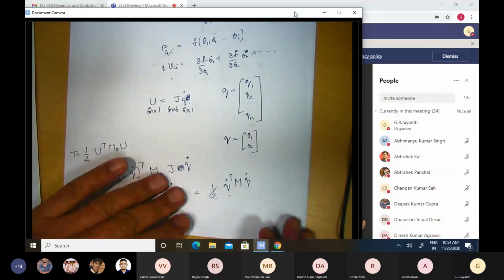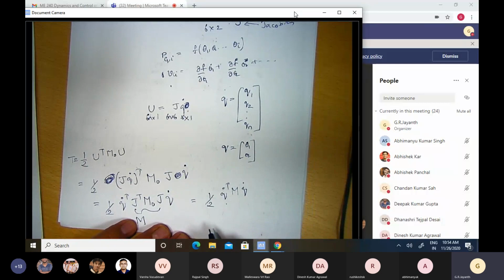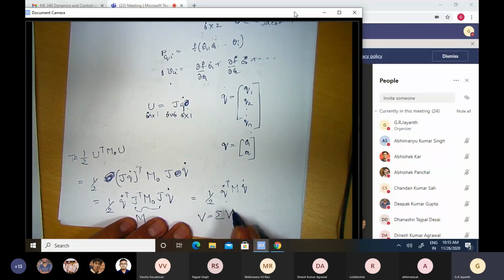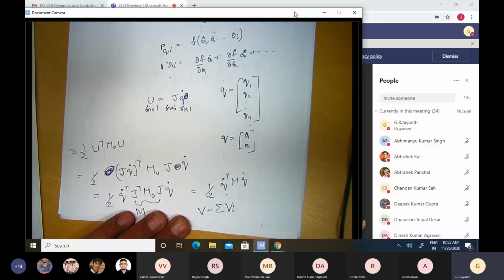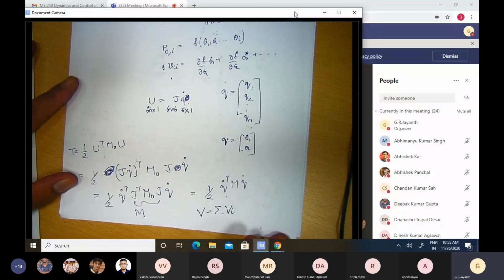So the potential energy, we had already written down the expression. Unfortunately, that cannot be simplified any further. So the potential energy V is the summation of the potential energies of each of the individual rigid bodies. That is dependent on the height of the centers of mass of each of those rigid bodies from the datum that we pick for defining our potential energy. Okay, so with this, the physics of the problem is complete.